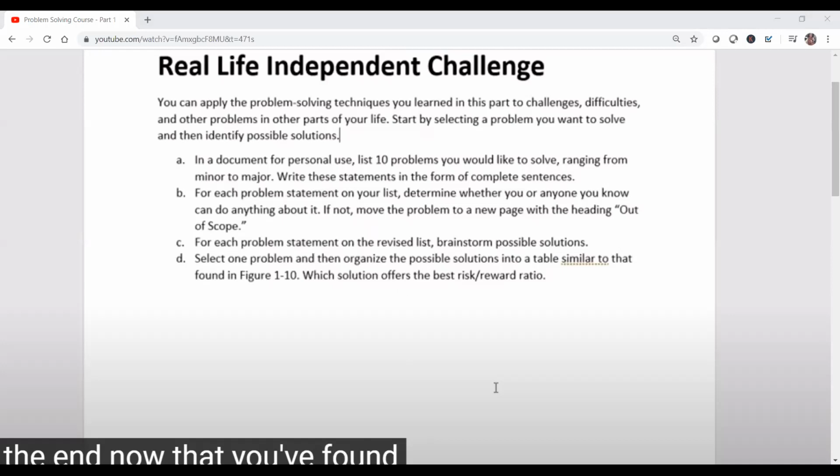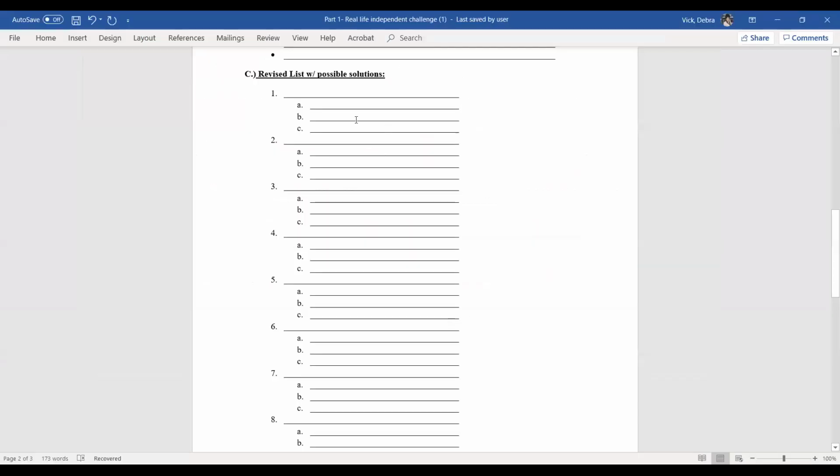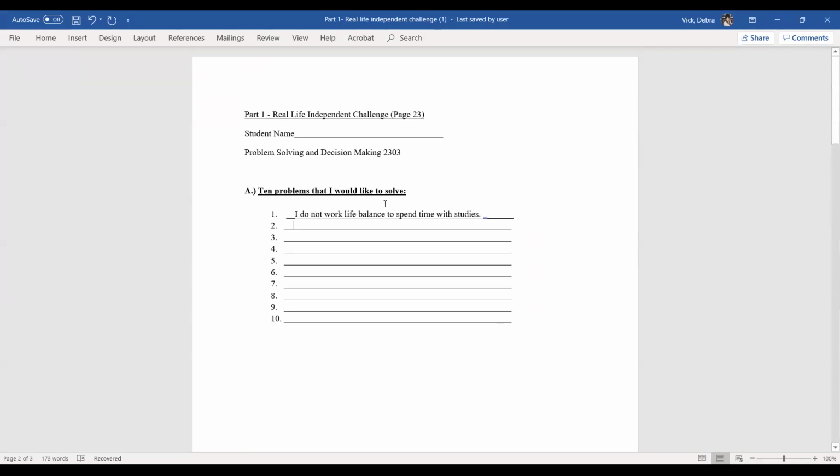Exactly is what my response was in my mind, because I'm thinking that's great. This is fantastic. If you're taking problems that are super easy, then you haven't put enough thought into it. The goal is for you to always think about what you really want to solve, so that you're actually brainstorming on possible solutions that can actually be applicable for your life. After you put that problem there, you're listing it there. So say it's the first one on here. I do not have work-life balance to spend time with